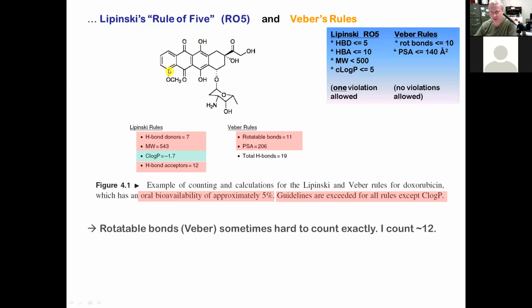Also the OCH3, and also the bond between the oxygen and the carbon. I think that's rotatable, and also this one. So I see right here, I see 1, 2, 3, and 4. Okay, so 4 on the left. And then up here, that's definitely a rotatable bond because that bond can rotate, right? 5, 6, 7, and 8,